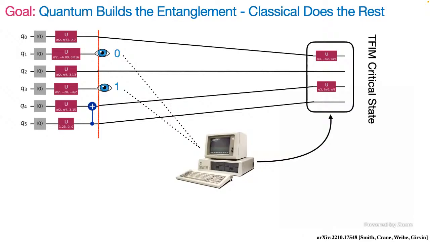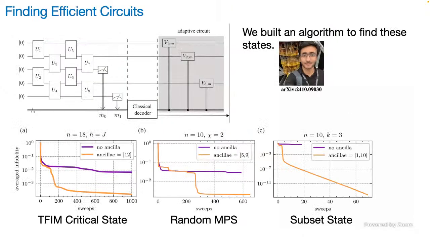And so you could ask, is this possible? Is it generic? Is it just fine-tuned? Maybe we can only do it for 1 or 2 things. So what we did is we built an algorithm to find these states. You give that classical algorithm a state, and it churns and it finds it. This is a pain in the neck. You might want to do something like gradient descent, and that failed miserably. So you're going to do some fancy environment tensor network things, but whatever. We have this algorithm, and what it does is you give it a state and it searches. Okay. And so now we can ask the question, as we hand it various states, do we do better?